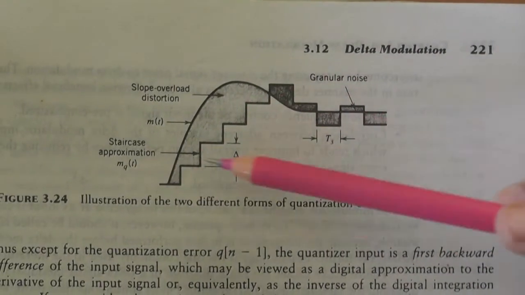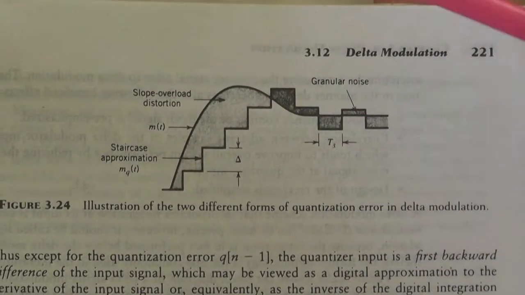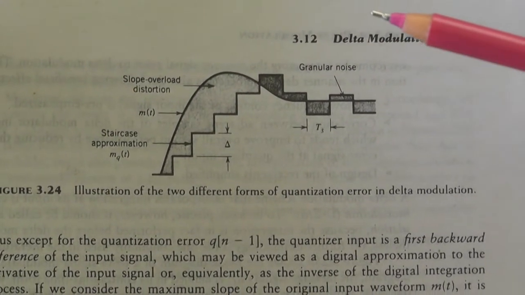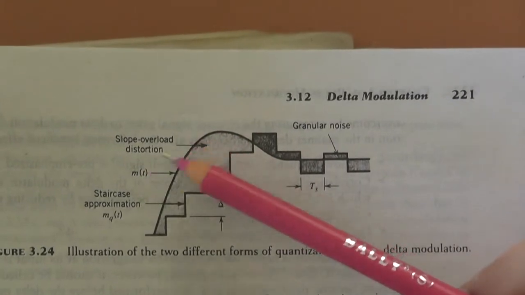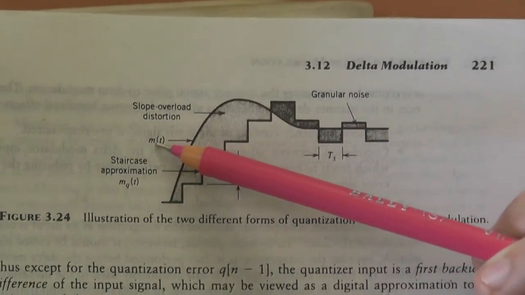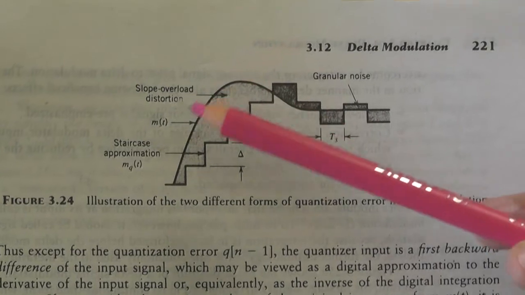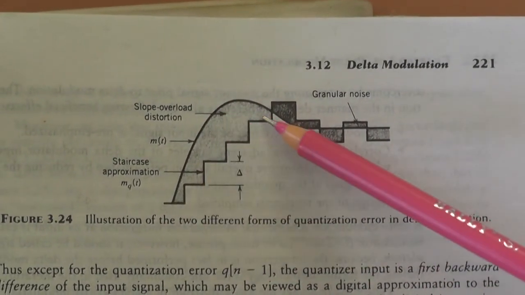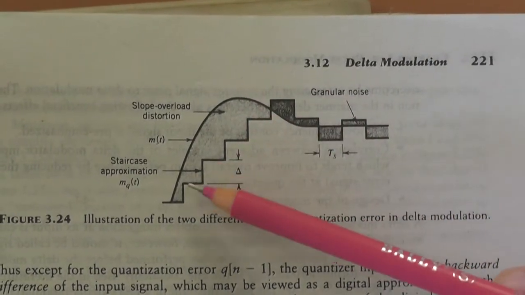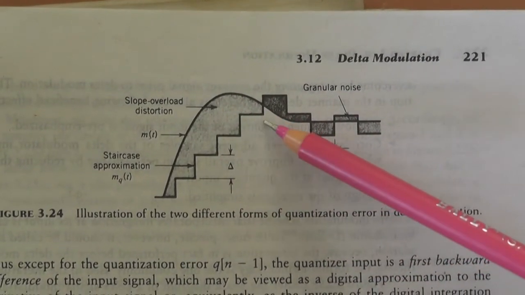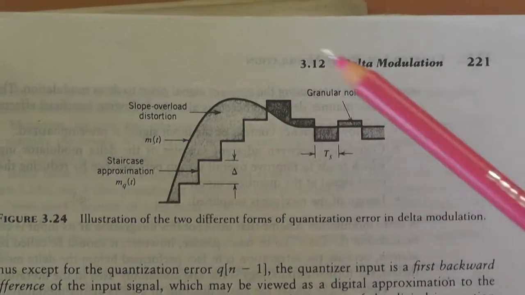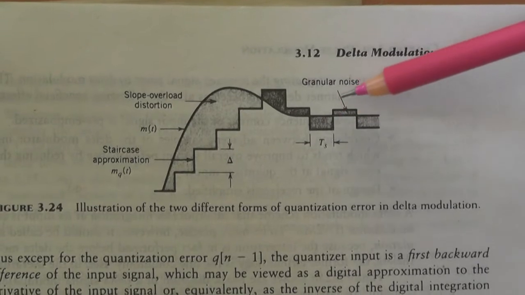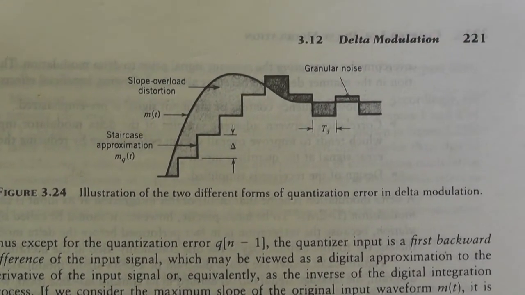When the analog signal and the quantized signal are compared, in delta modulation two errors occur. The first error is the slope overload distortion, and the second error is the granular noise. The slope overload distortion occurs when the slope of the analog signal is greater than the slope of the successive approximated signal, whereas the granular noise occurs when the slope of the successive approximated signal is more than the analog